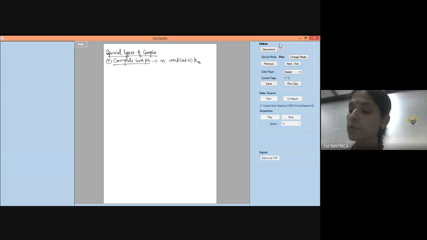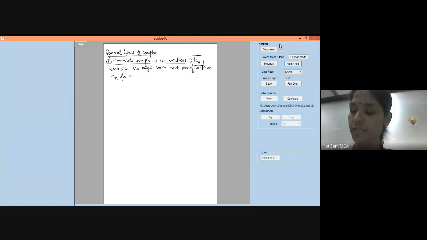It is a simple graph that contains exactly one edge between each pair of vertices. So I said a complete graph contains n vertices. It is denoted by Kn, where n stands for the number of vertices. It has exactly one edge between each pair of distinct vertices. All right, let us see some examples. Let me take up examples for Kn.